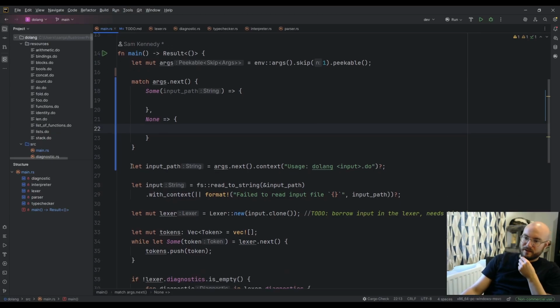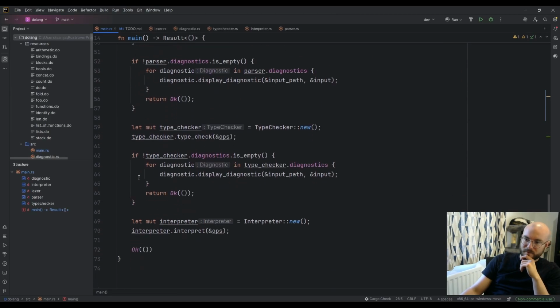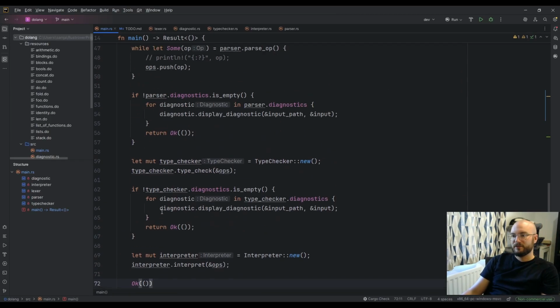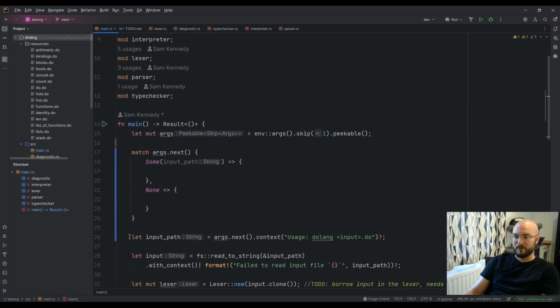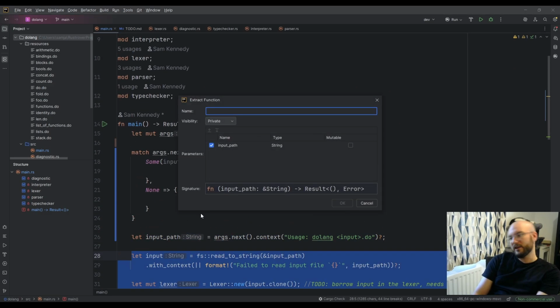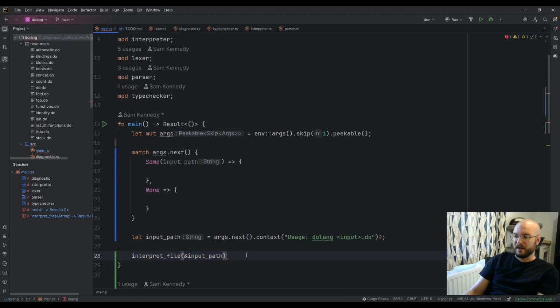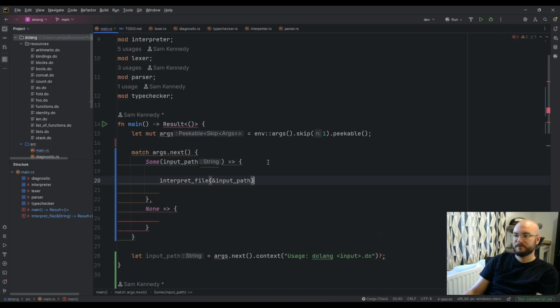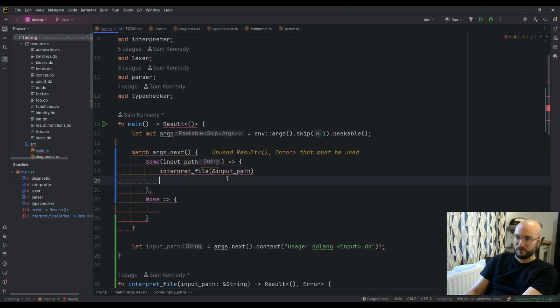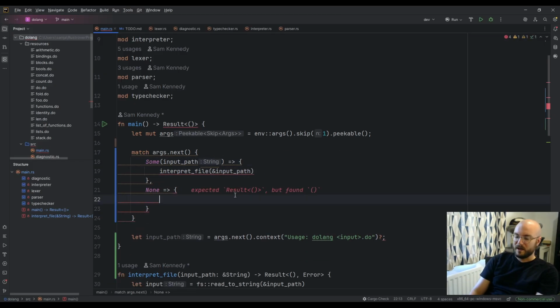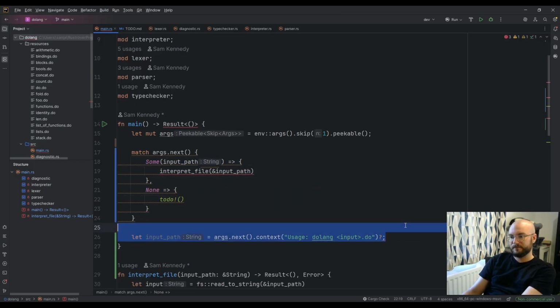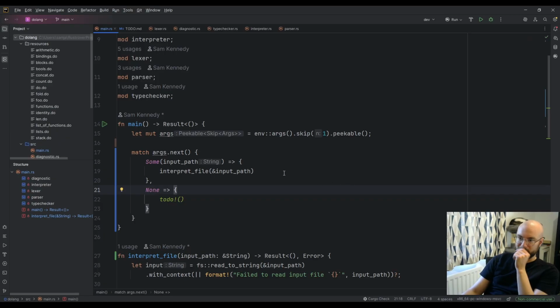So for now, let's just move all of our current code minus the input path into a function which is just going to be interpret file. And that returns a result, so we can just leave off the semicolon. And if we don't, then we can just do it, and that should be happy.